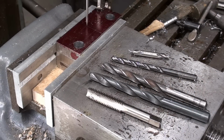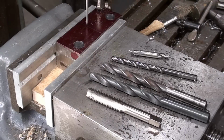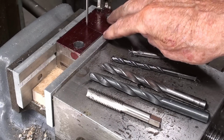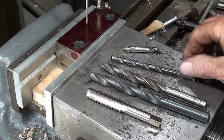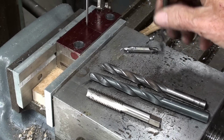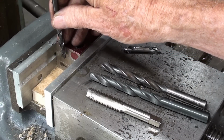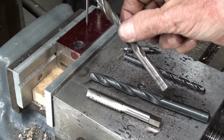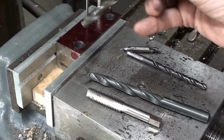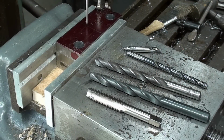Now turn off your cell phone and concentrate on what you're doing here, because these holes are not going to be all the way through all three pieces. And there's the possibility of separating them here, but I'm going to keep them in the same setup. But I'll center drill, 1/4 inch, but not all the way through three pieces. Matter of fact, about 2/3 of the way or 3/4 of the way through the center piece. And then the 3/8 will be also halfway through, or 3/4 of the way through the center piece, because we